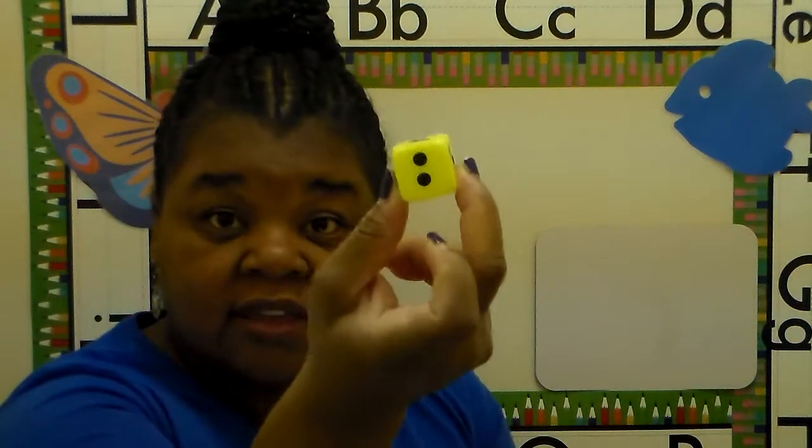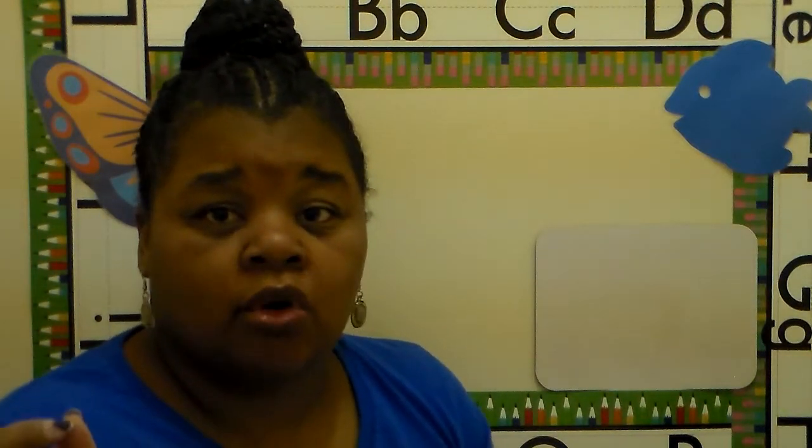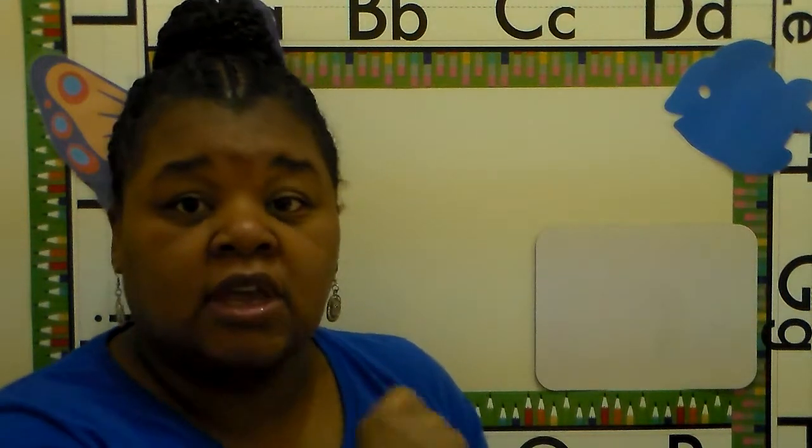And you need a die, or one dice. I have an extra large dice right here, but you can use a regular dice out of a game, or any dice laying around the house. If you don't have any dice, then the parents can draw dots or draw a number of objects and let the children count the objects and write the number of how many. The dice has 6, so you can go 1 through 6 for now, since we're just using one